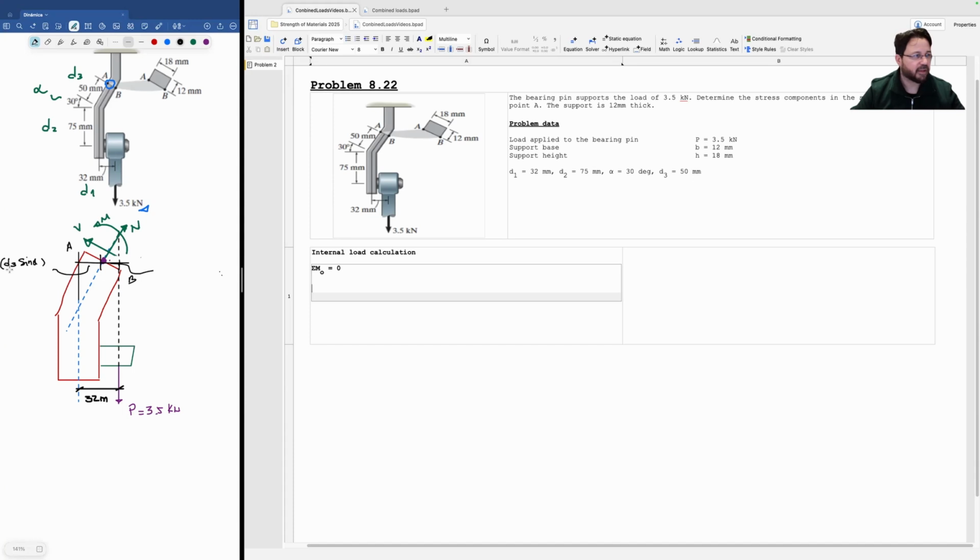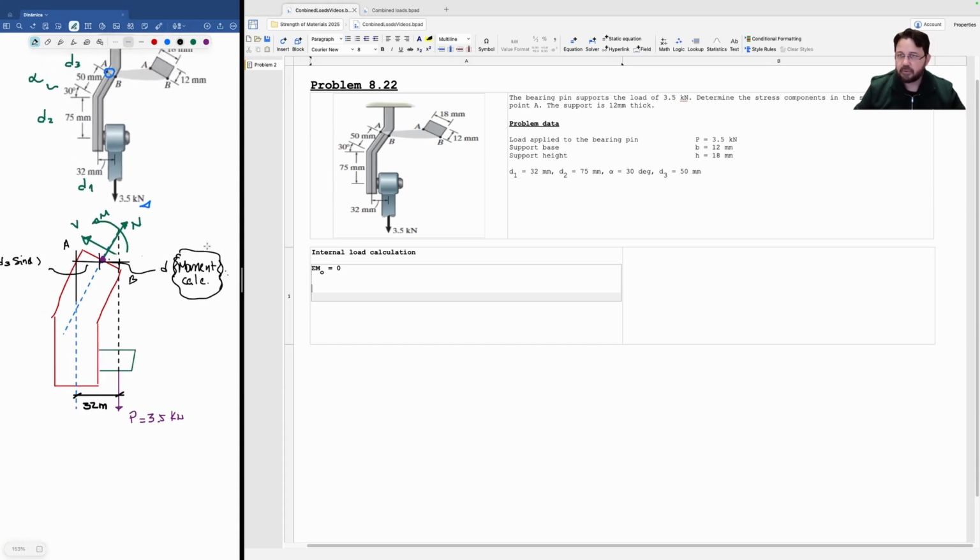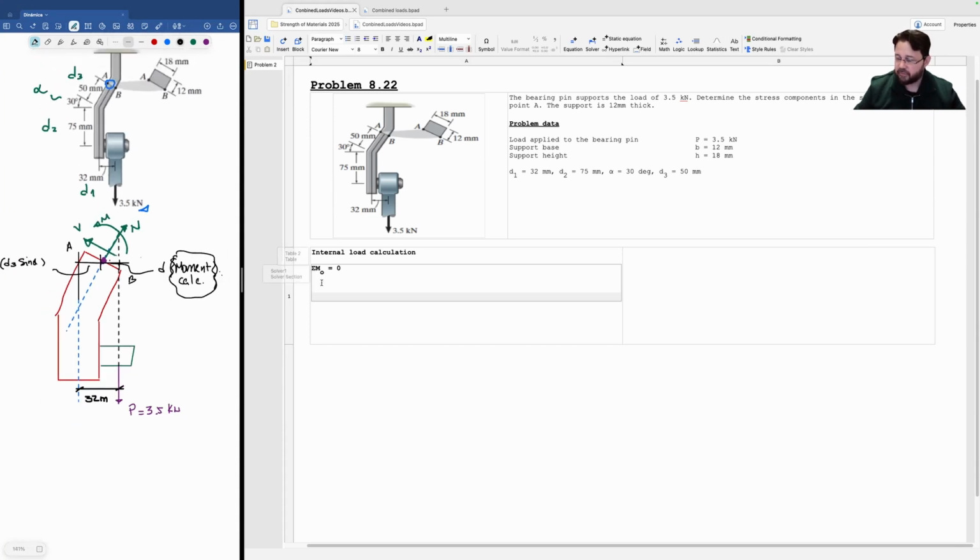Here it is. Yeah, it can be seen. And this is the distance for the moment calculation. Here it is. So 32 minus the other one. So let's do it. Nope, a little bit less. So we're going to have here that